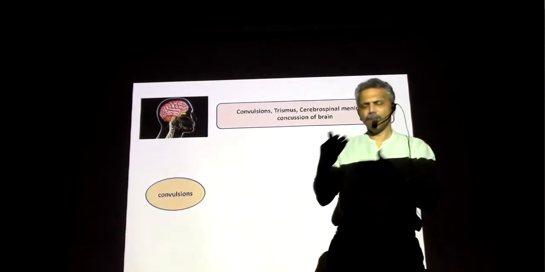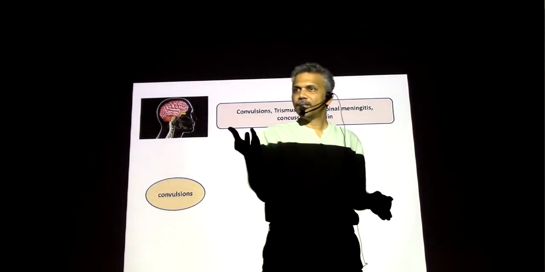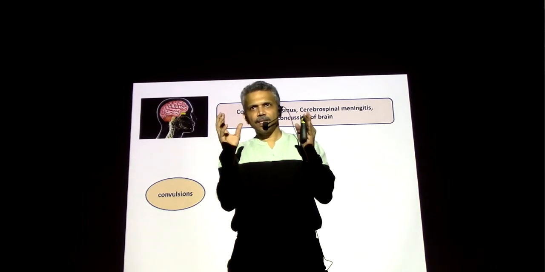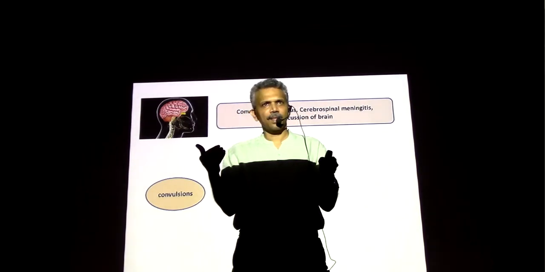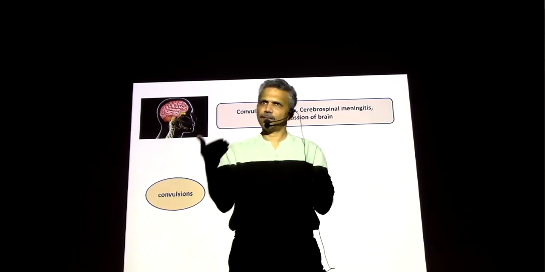So convulsions, what are all the common headings under which we explain? Or assume you have a patient of convulsions sitting in front of you. What is it that you observe? You look at the body attitude, like position. What is it that you look at in the position? Facial expression and stance. So how is the body posture? Is it bent back? Is it bent forward? Good, very good.